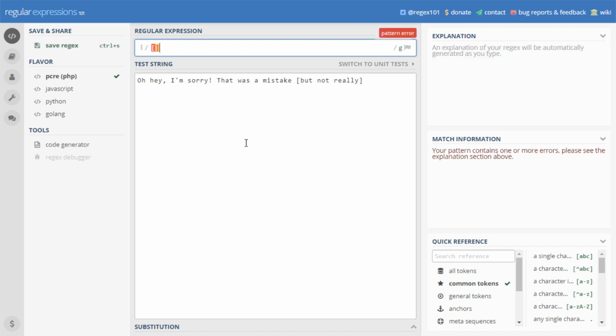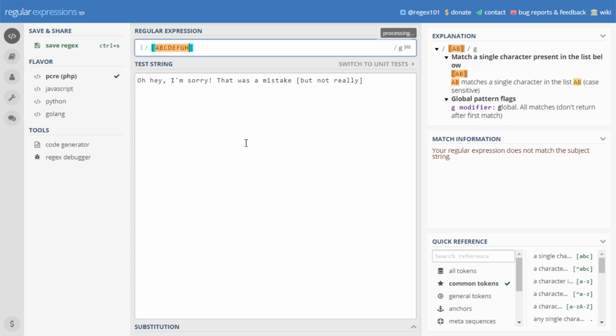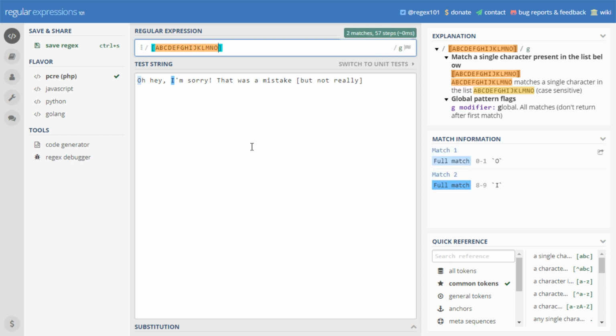So when we use these square brackets, basically the way it's going to work is anything in here is going to be an option. So there we go. Now it's going to choose anything. It's going to match any one thing from this whole list of characters. Okay, great. So it's matching the I, it's matching the O. But again, I have to write a lot here if I want to get all the way to the T there. So instead, this makes it